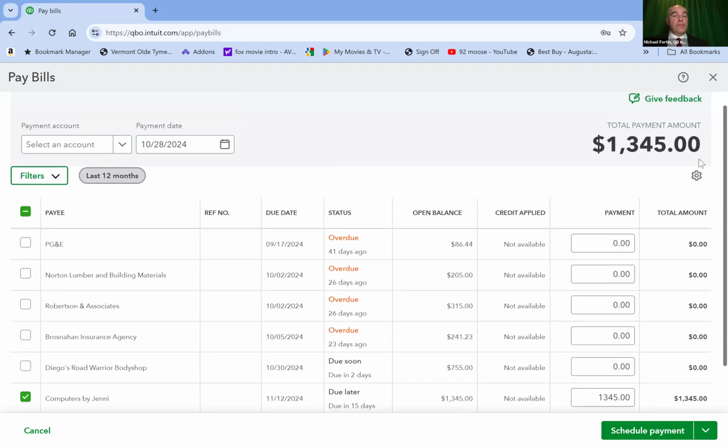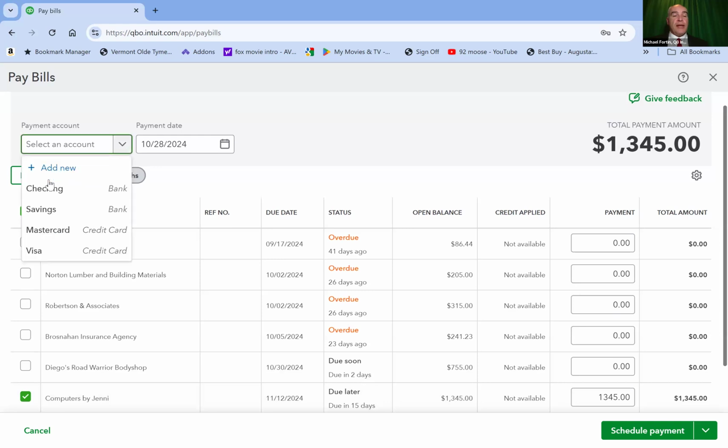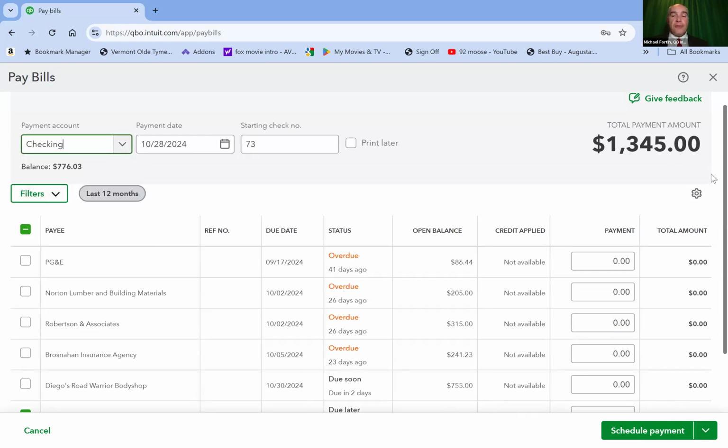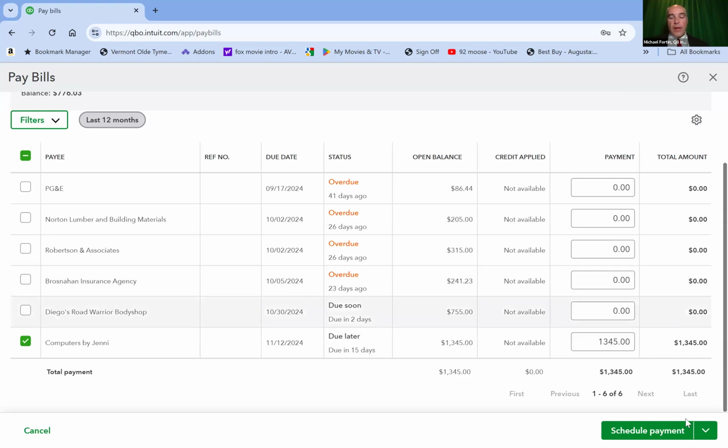And it's going to ask me to select an account. Let's say I'm going to select checking account. And instead of scheduling a payment, I could actually write a check for this if I wanted to, right?